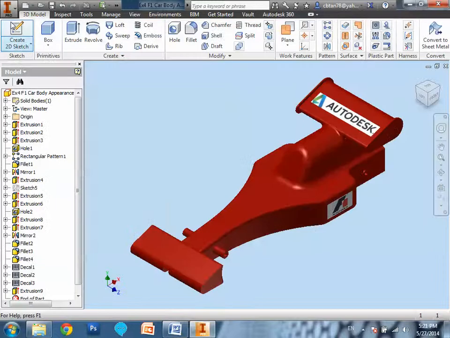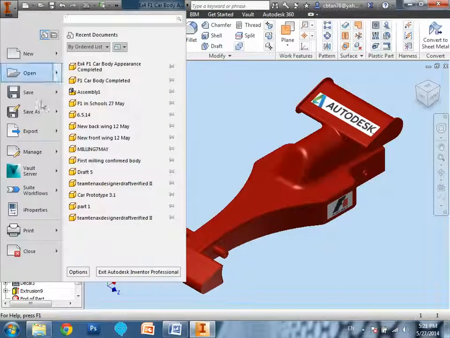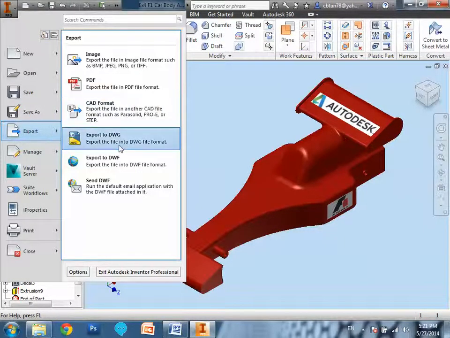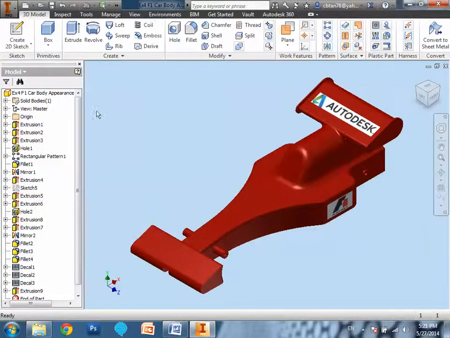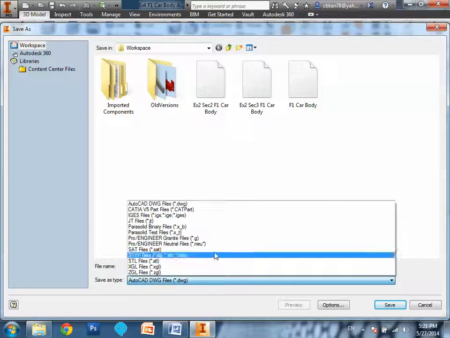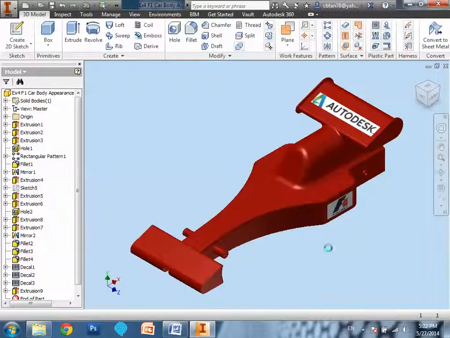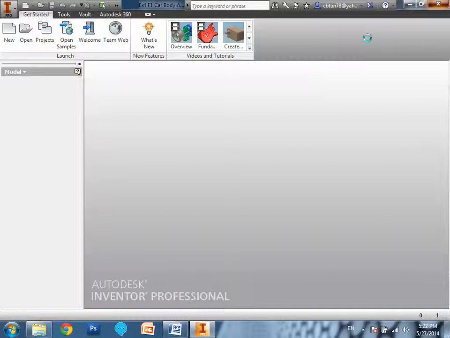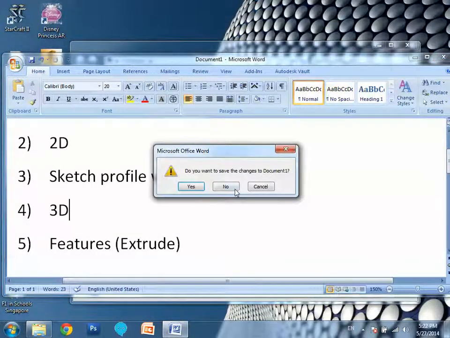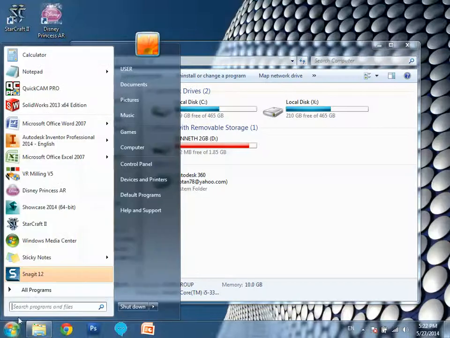Sorry, am I still under record mode? Yes, you need to export this to CAD format. Export this as a STEP file. The STEP file is the file that links between the softwares. Save as a STEP file. Close the software. If you have SolidWorks, which is quite easy to install,